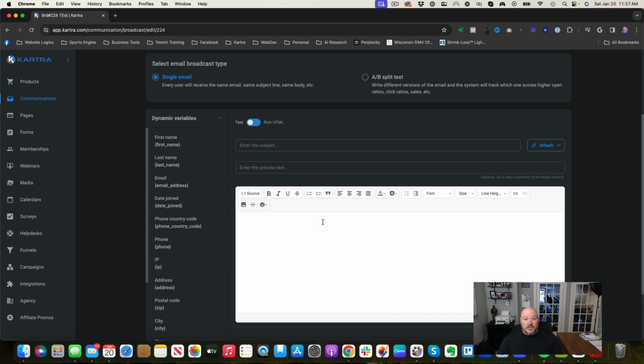Now, it doesn't mean I don't sometimes include a picture, and you can include an image if you want to by clicking this media button here. So you can include it in these, but I recommend doing text over rich HTML. So let's just, again, say this is test. If you want to enter preview text, you can. Again, you can also add